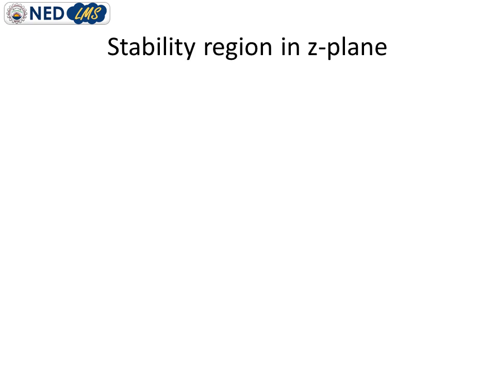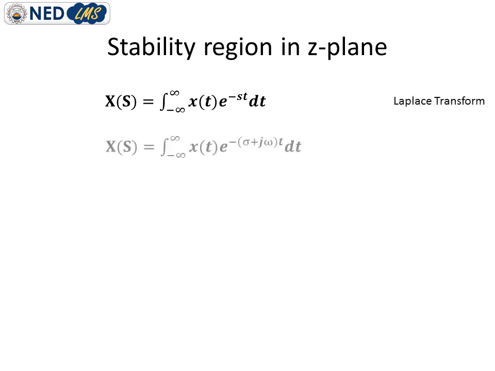We just try to utilize the information of stability region in S plane, and as the Laplace transform and Z transform are basically the versions to determine the system in analog domain and digital domain respectively, the same concept is transformed to the Z plane. Here you can see this is the expression of Laplace transform, and now the expression is expanded